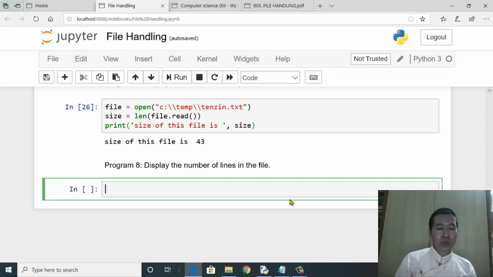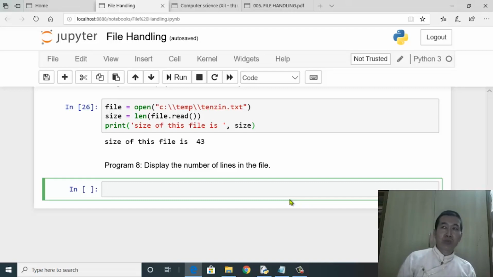So in order to count the number of lines, you cannot do it with read, okay, because what happens with read is it either reads a certain specific number of characters, or it reads the entire content. So there is no way for us to keep track of the number of lines.